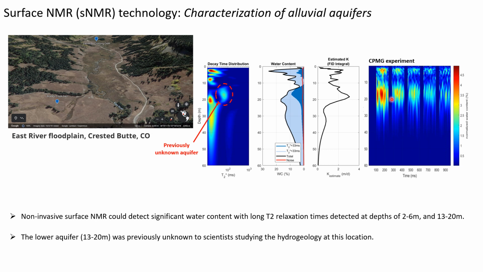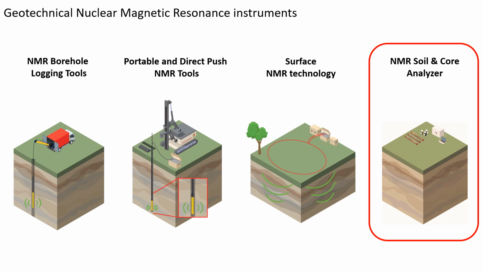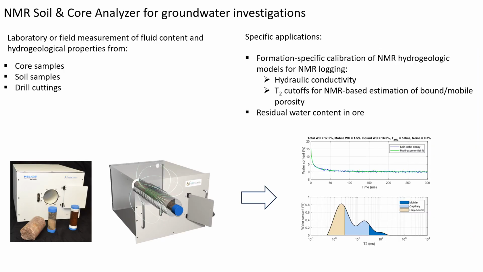Yeah, so it can be very, very useful. Surface NMR can be very useful to characterize alluvial aquifers in different regions. Okay, so let's switch to the final family of instruments and speak about the NMR soil and core analyzer. The NMR soil and core analyzer can be seen here at the bottom. They look very similar to small MRI scanners, and they are very useful for laboratory and also field